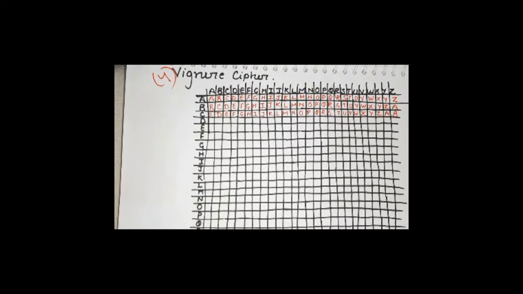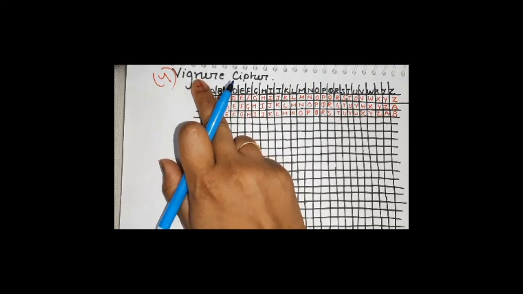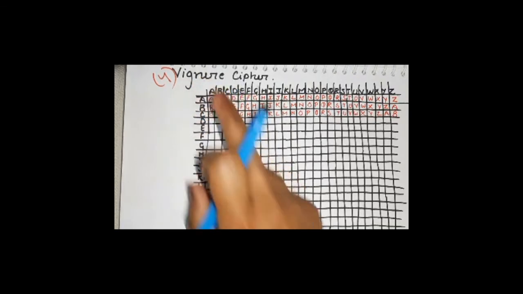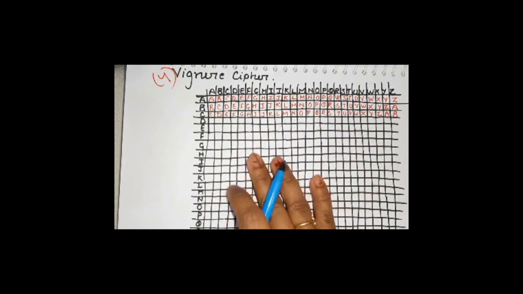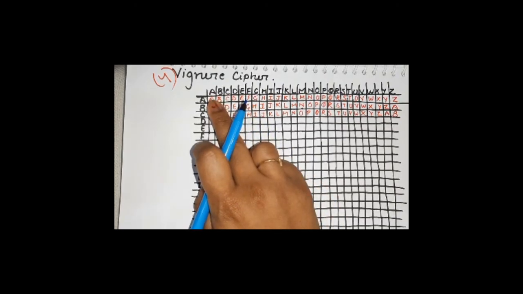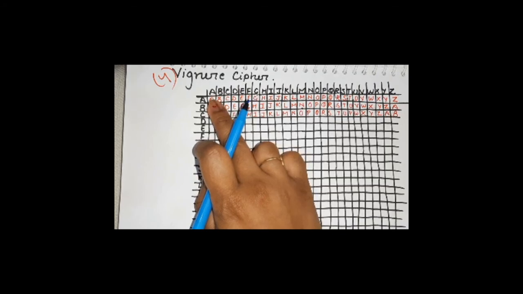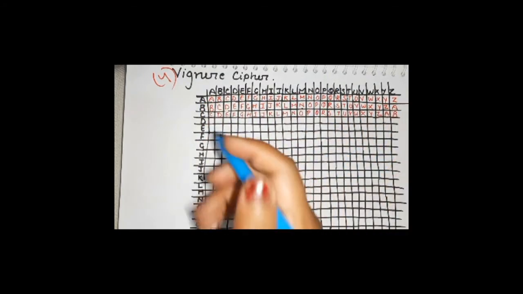You must always remember, you cannot convert any plain text into ciphertext using Vigenere cipher without the Vigenere table. Now, before understanding anything, let's first understand what this Vigenere table is. Very important to understand. Each row in the Vigenere table corresponds to a shift. So the row number 1, the first row, has 0 shift.